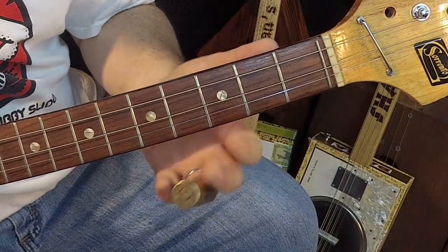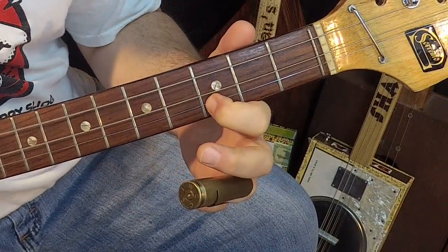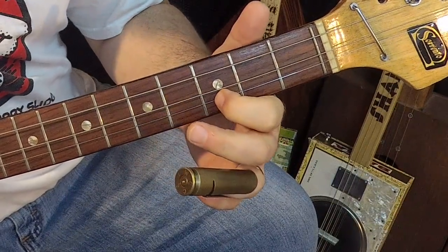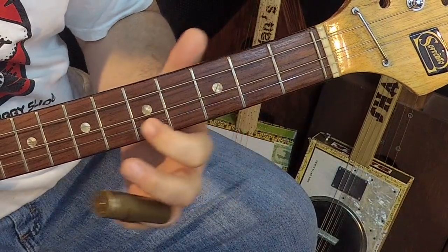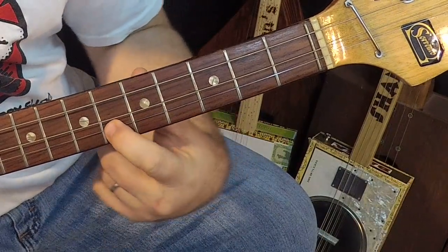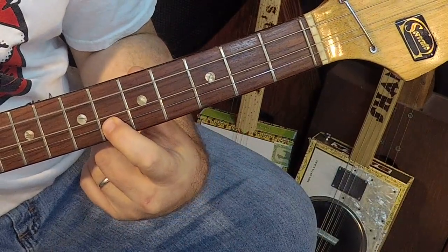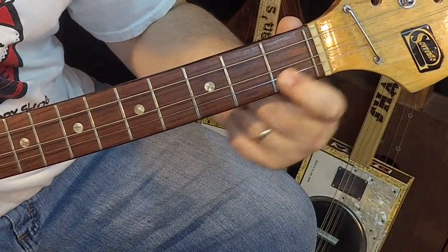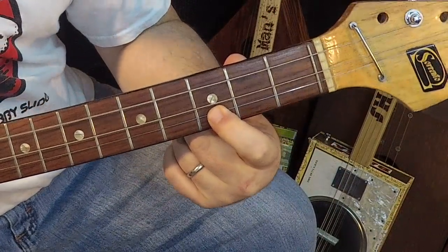So, what you're doing is you're starting on the 3rd fret high string, 3rd fret high string, and then you're going to go to the 6th fret high string, to the 1st fret, to the 3rd. And that's...